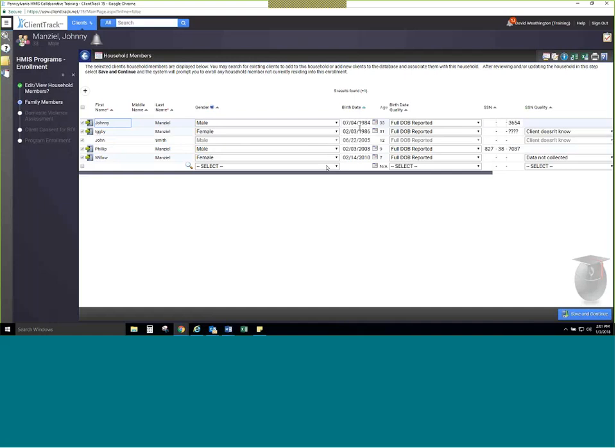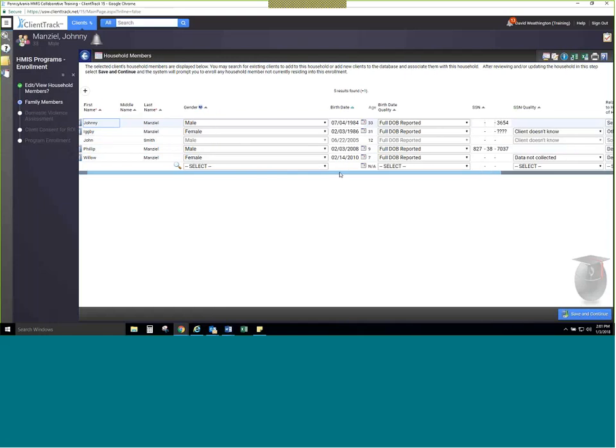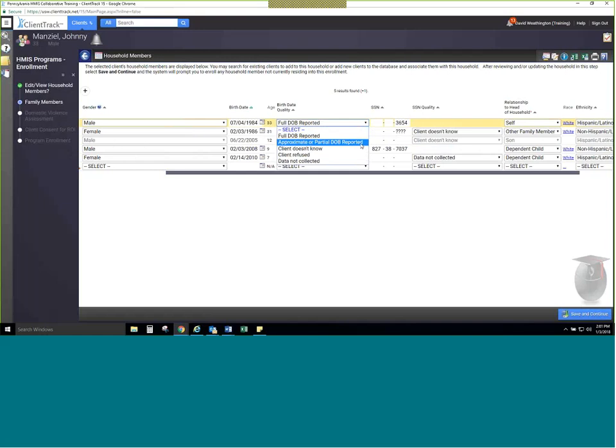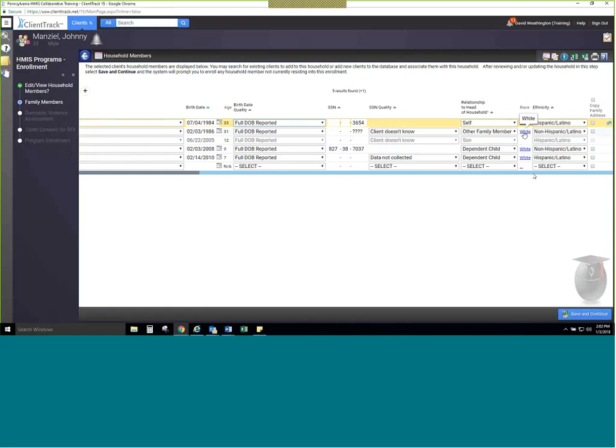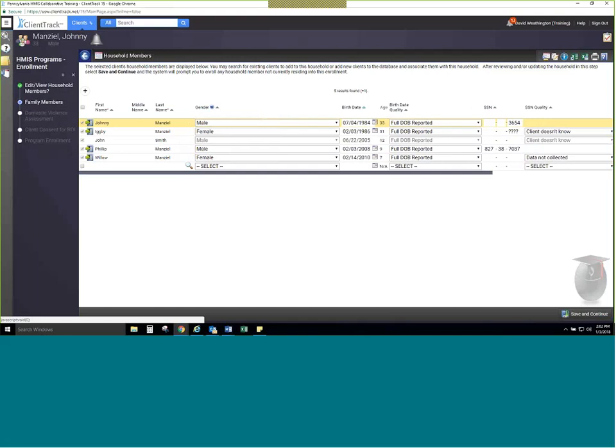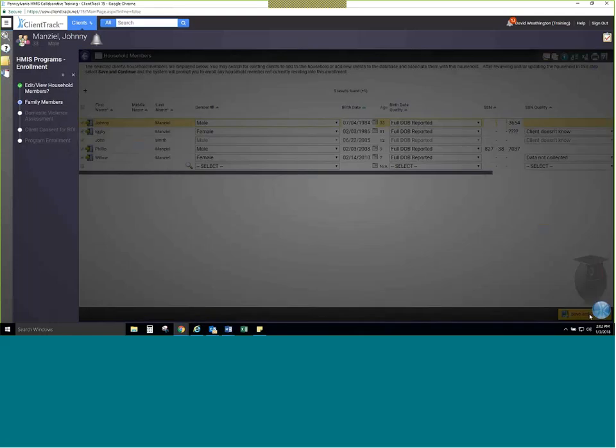You also want to go along here and make sure that the information is correct for each of the household members. And you can update this by just clicking on and changing that information, and so on and so forth. As well as if there were multiple races or you needed to change something or noticed a difference, you can just click on the name directly. Once we hit Save and Continue, once we verify the information,